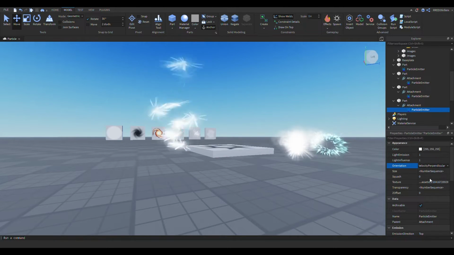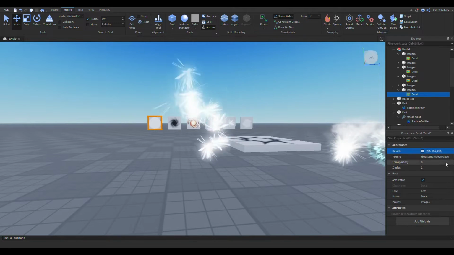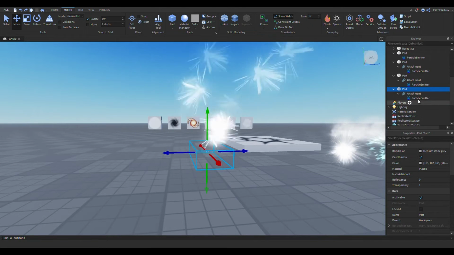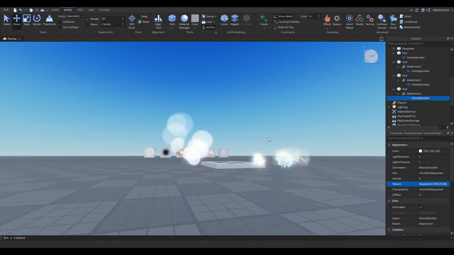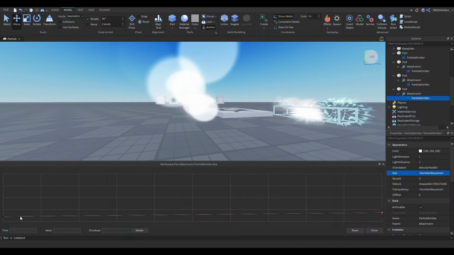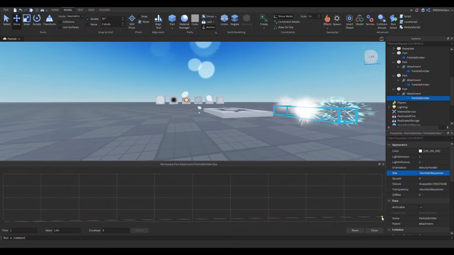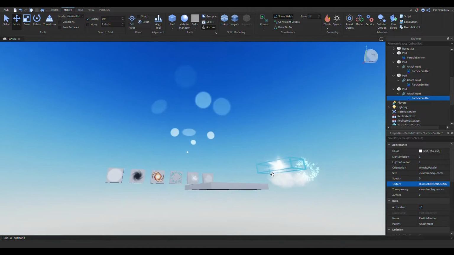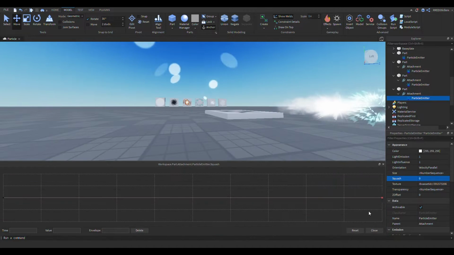Next thing we want to do is make it velocity parallel. And let's probably choose a circle or rectangle. I normally like to use something round, so let's use a circle. And add that texture there. And then we're gonna have to make this small. And then the next thing we want to do is, well, let's also go to the squash and try to make this